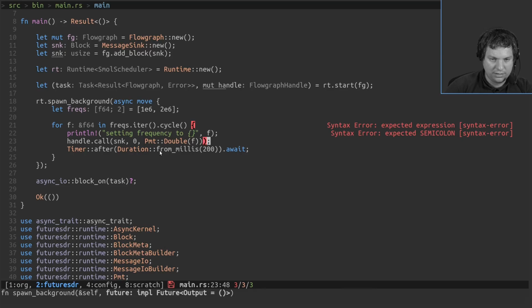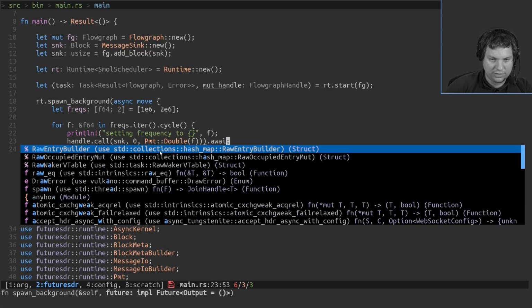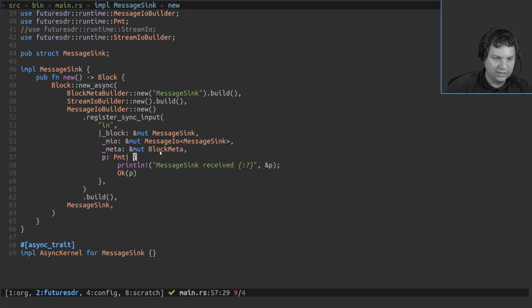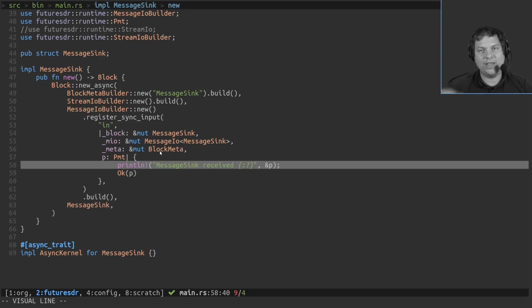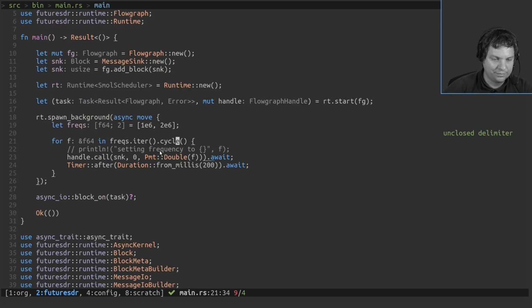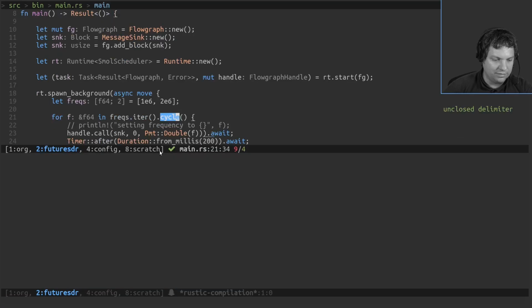And this is an async function as far as I know. Like this. Okay, now we have a task that, let's comment this out. Then the only thing we should see is that the message sync, so the block inside the flow graph, should receive messages. So we're calling the message handler. Yeah, let's see if this works.